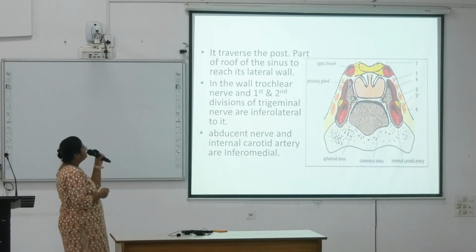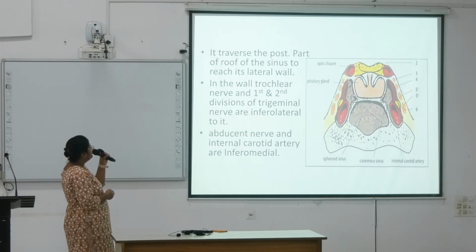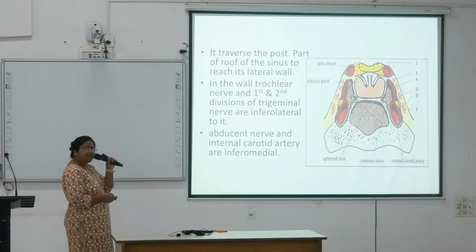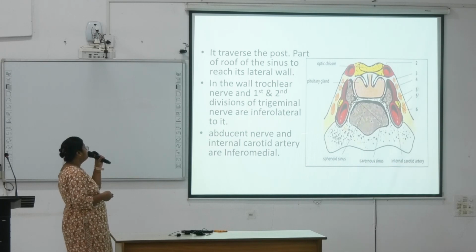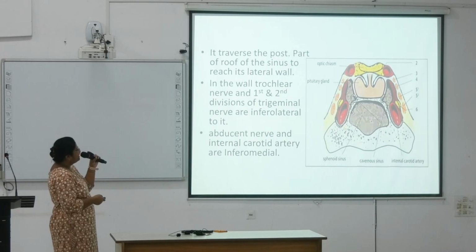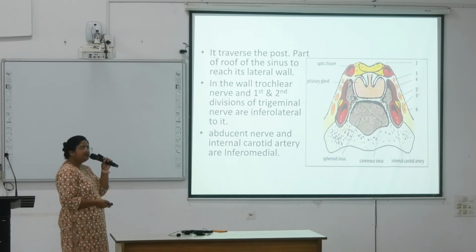So it traverses the posterior part of the roof of the sinus to reach its lateral wall. And in the wall, the trochlear nerve and first and second divisions of the trigeminal nerve are inferolateral to it. Okay, first and second divisions of the fifth cranial nerve are inferolateral to it. Abducent nerve and internal carotid artery are inferomedial. You can see the relation. Abducent nerve and internal carotid artery are inferomedial to this third cranial nerve. Next,